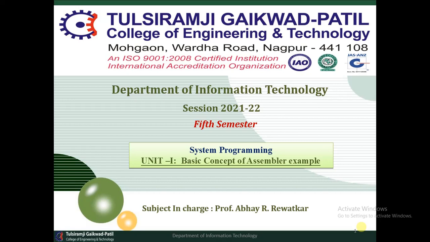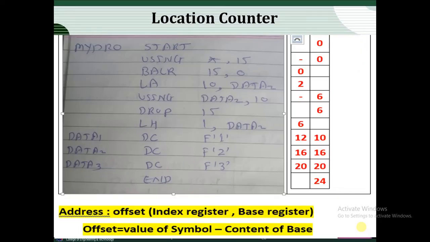Now we are going to discuss how we find the location counter using the given code. Here you may find a program that starts with START 15, BLR 150, LA. This is the given program. For this program, how do we calculate the location counter? First, you find two columns, where the first column indicates the LC.